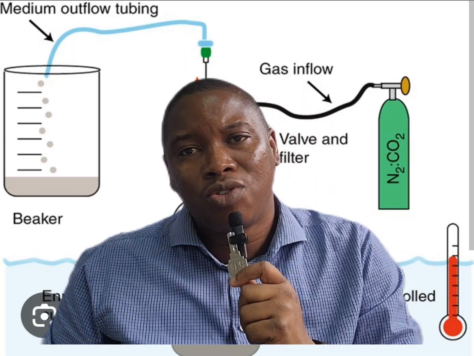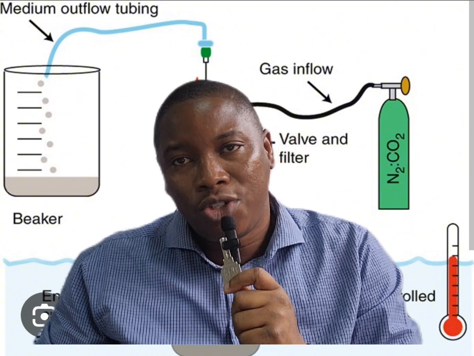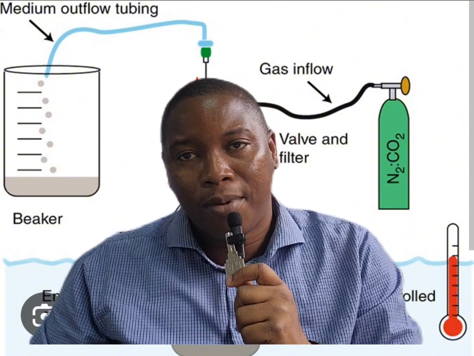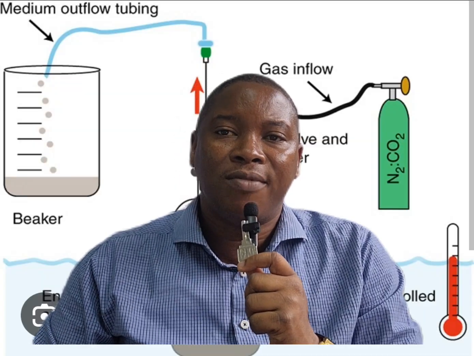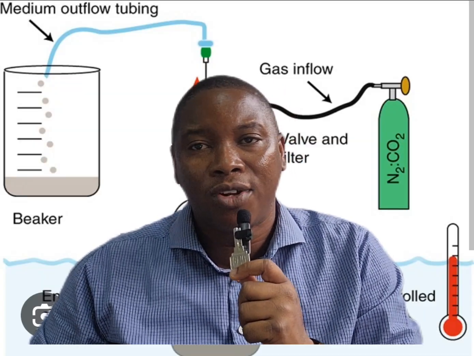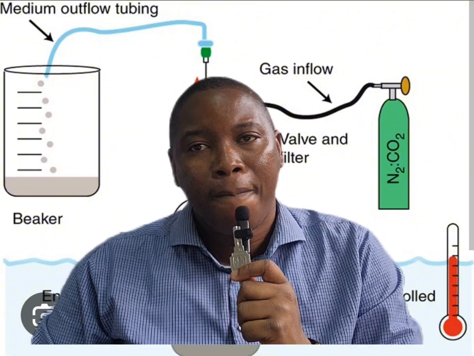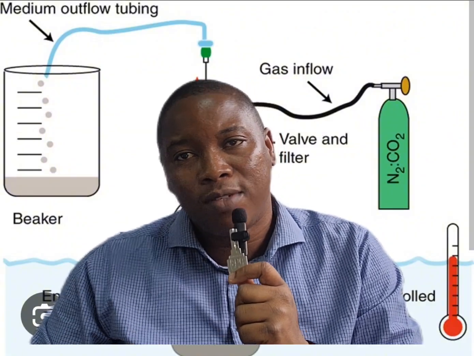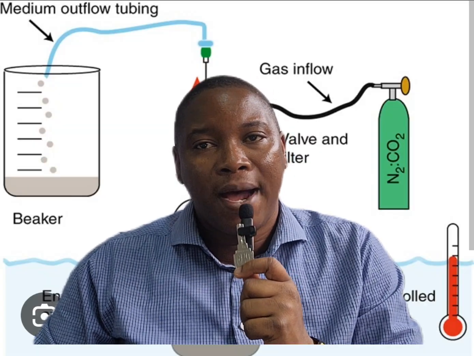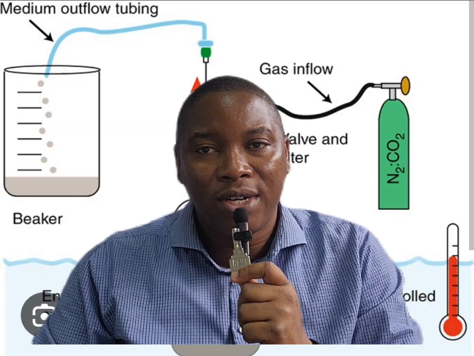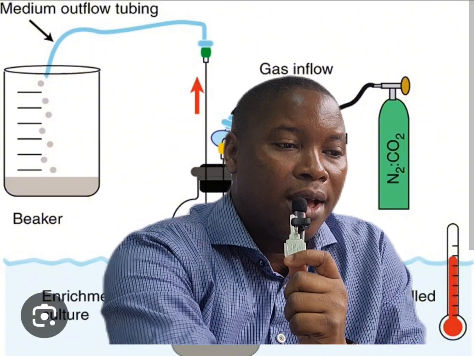Now, why do we need to use enrichment cultures? We use enrichment cultures if we want to study biogeochemical cycles. Our carbon cycles, our nitrogen cycles, our iron cycles, all these cycles have a lot of microorganisms playing a lot of roles. If we want to study the role of these microorganisms in all of these cycles, we can do so by enriching our culture and encouraging the growth of those particular microorganisms to the detriment of other microorganisms.